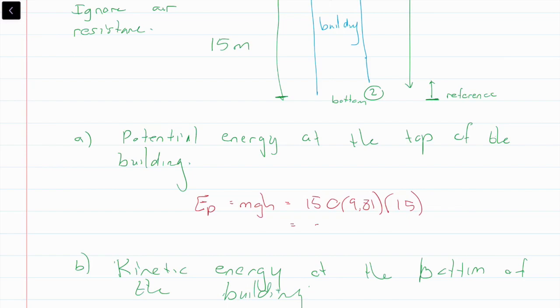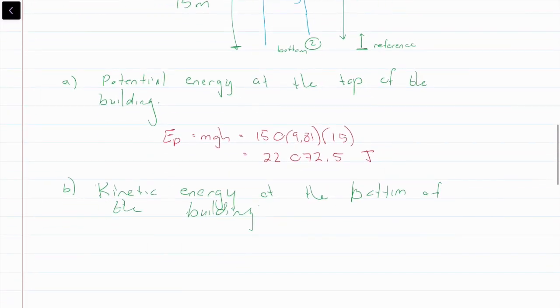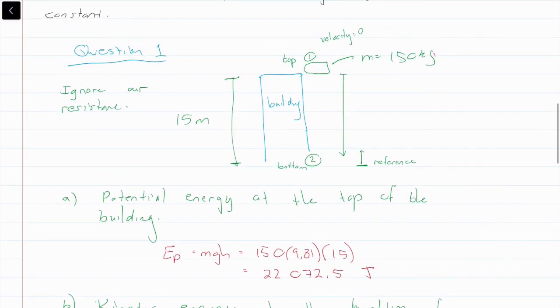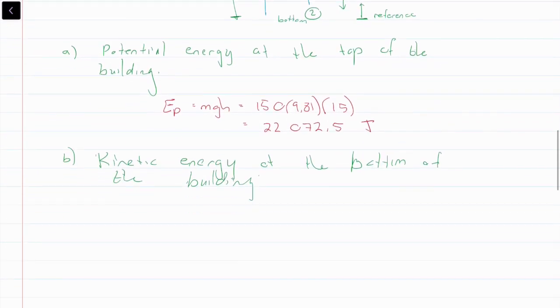We get 22,072.5 and units of joules. Okay, then it says calculate the kinetic energy at the bottom of the building. Okay, so in this case, we've been told that we can ignore air resistance, so I'm going to use the